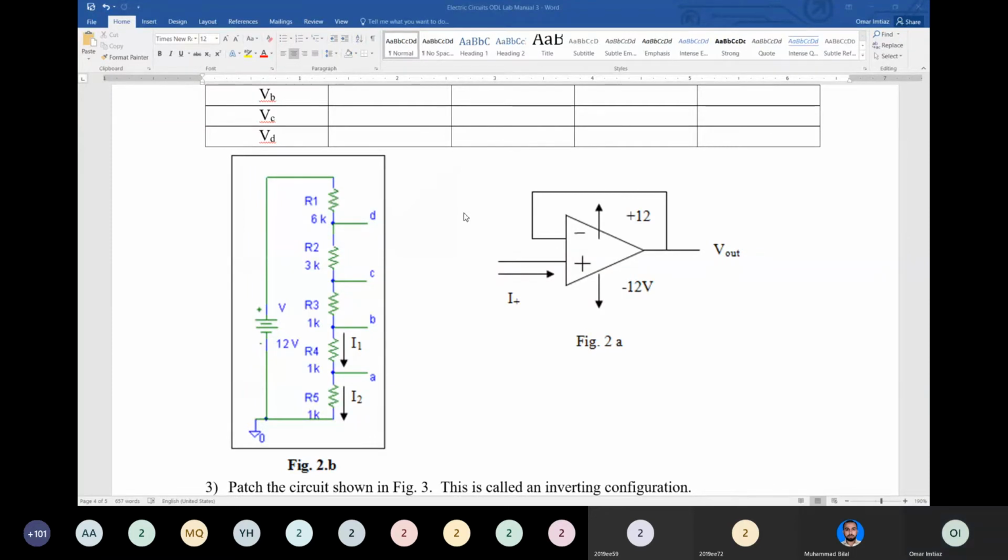Abdul Rahman has selected a precision low cost dual op amp. Is there a question associated with it? Okay. You can use any that gets the job done. Though you're not designing a circuit, you're just checking the functionality. So you don't have to go into detailed properties. You can use any of these.